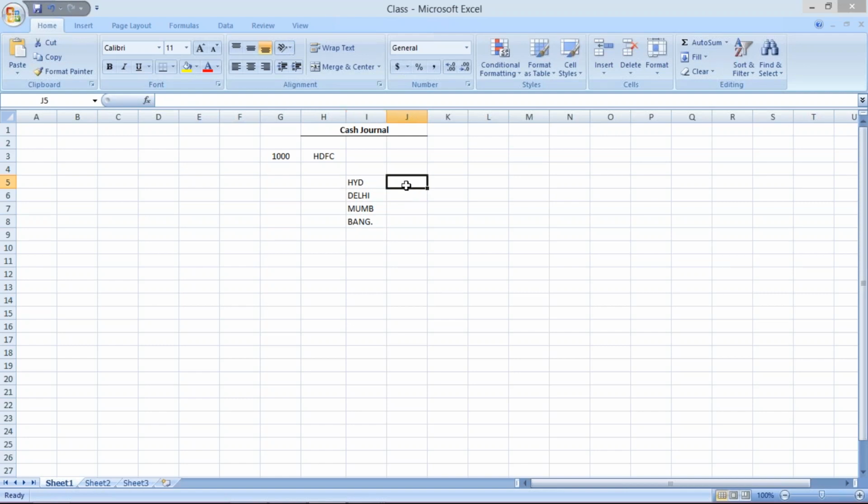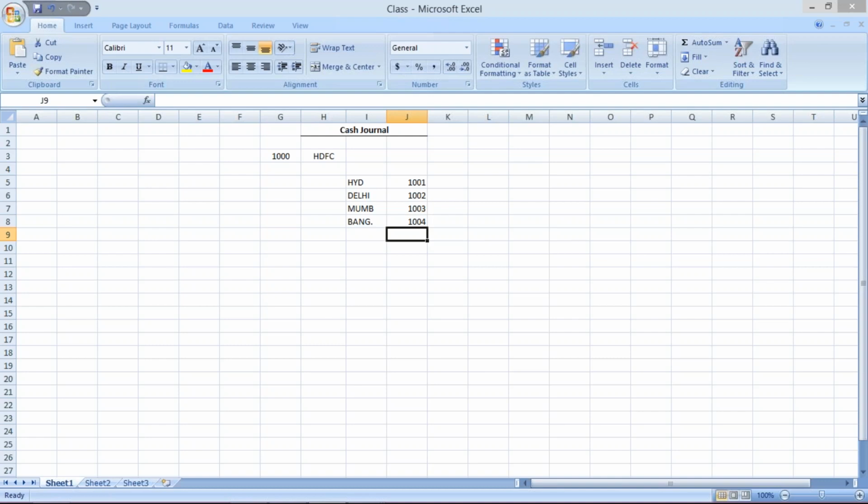So at every site they have different cash related transactions taking place. Now if their requirement is, whatever cash transaction has taken place at Hyderabad location, I want to maintain a separate cash journal, in the sense a separate petty cash GL for this, separate petty cash GL for this, separate petty cash GL for this, and separate petty cash GL for this also.